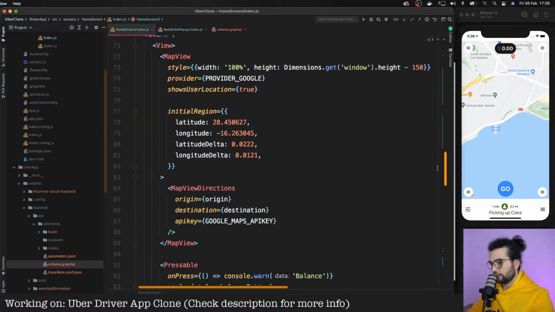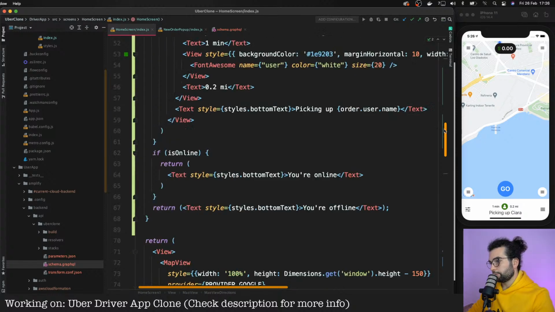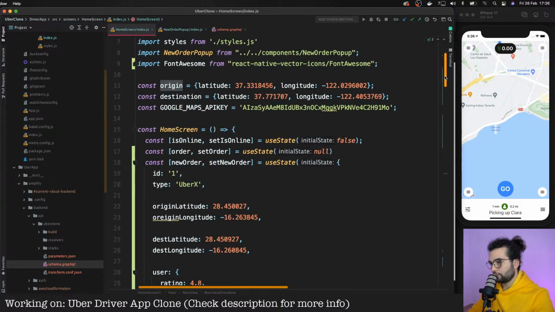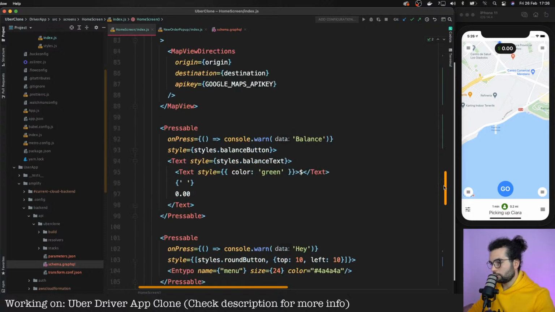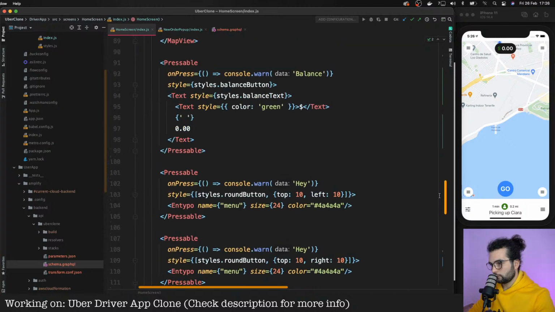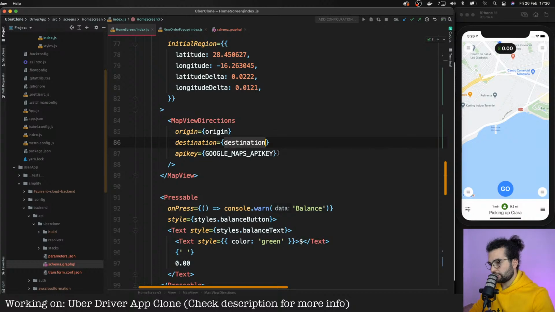Do we have here map view direction? Origin will be okay. For now, it's hard coded origin, and destination will be okay. These two. Where is it? Destination will be